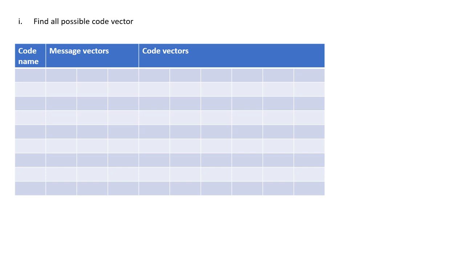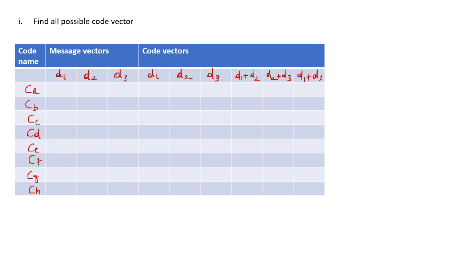Now we'll start filling in all possible code vectors here. We'll give the code names as CA, CB, CC, CD, CE, CF, CG and CH, all 8 possible code vectors, and the messages are D1, D2, D3. We have seen that the code vectors are D1, D2, D3, so the first 3 bits are the same as the message. The next bit is D1 plus D2, the next bit is D2 plus D3, and the last bit is D1 plus D3. So now we'll start filling in all these possible code vectors.